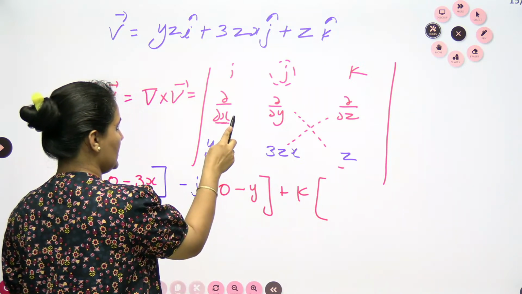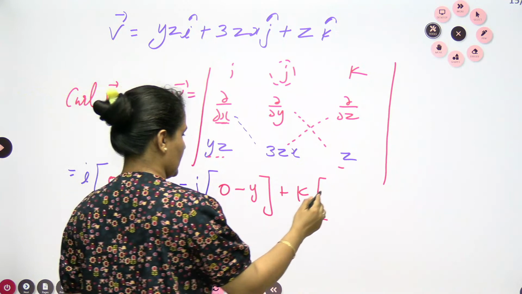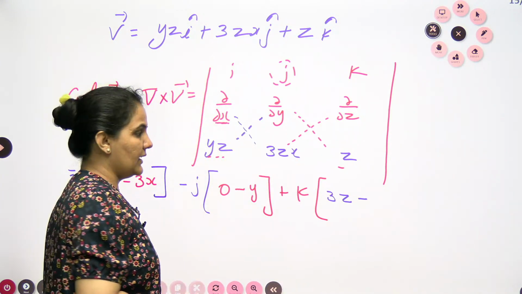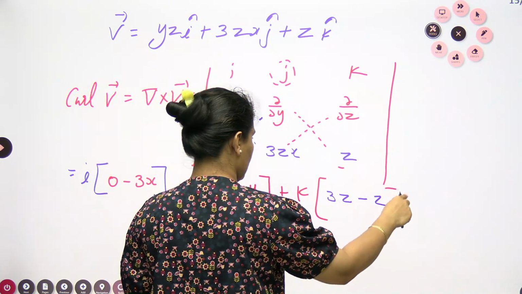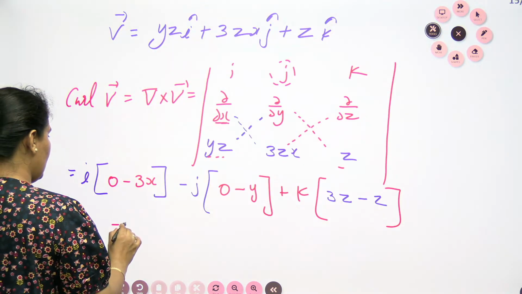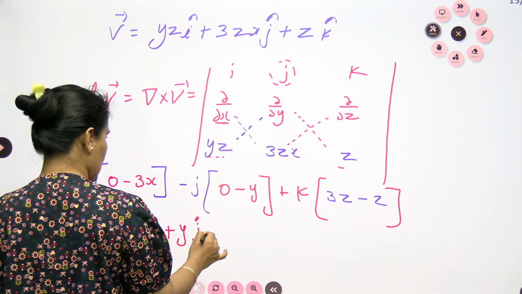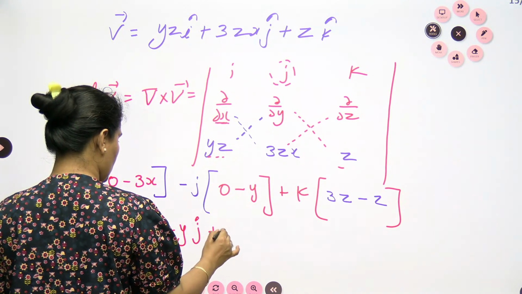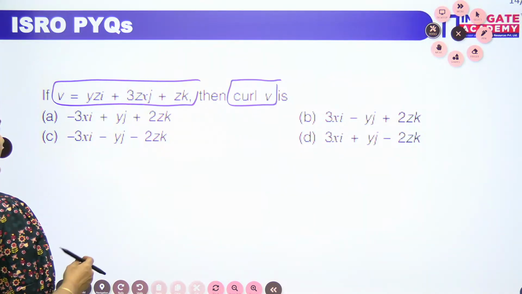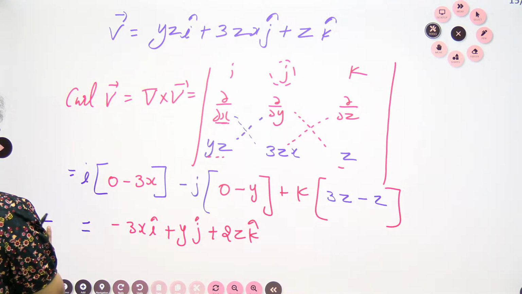When I go with k, I need to solve this one. The partial differentiation of 3zx with respect to x is 3z, minus the partial differentiation of yz with respect to y, which is z. So we can write down the result: minus 3x i cap plus y j cap, and 3z minus z is 2z k cap. So minus 3x i plus y j plus 2z k. This will be